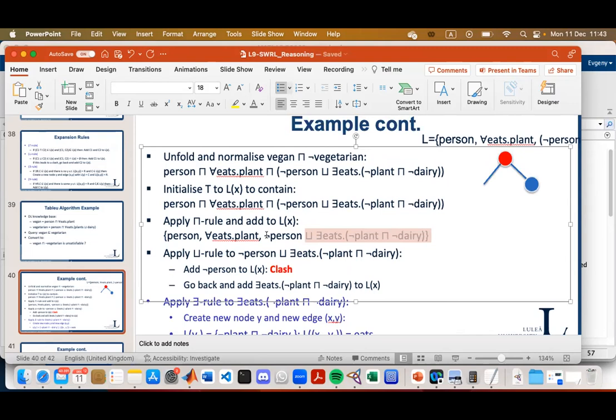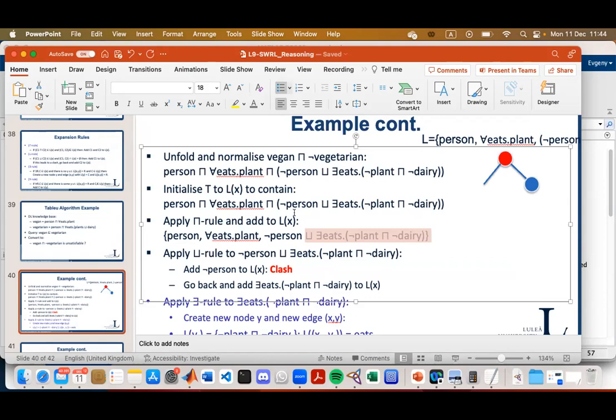And this is the case where within the label of a node, we have both a concept and its negation, which by definition is a clash. If we encounter these two concepts, one which negates the other, the algorithm goes back.